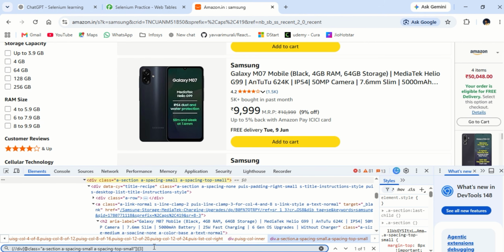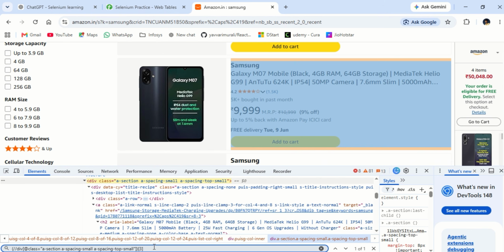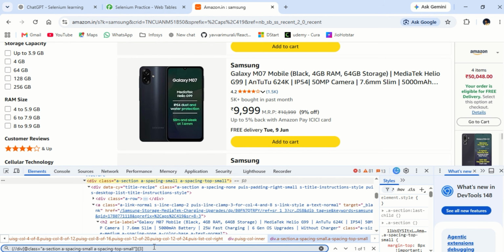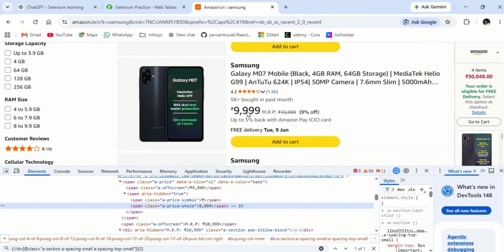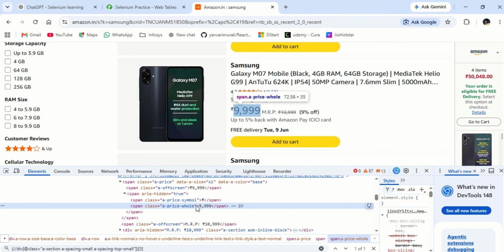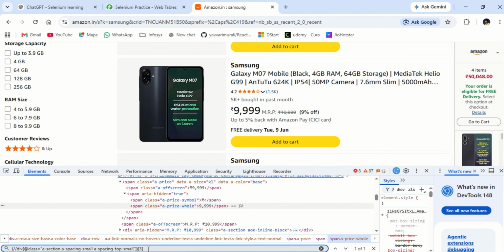Now I have the parent element, in which I need to get the price of this particular product. Just move your cursor over. Here you can see it contains a span tag. So we have the parent element, and we want to traverse to the child. We can go either by following-sibling or following. You can mention it as